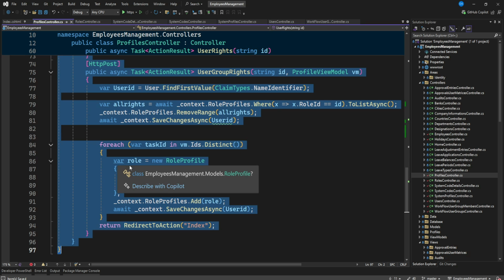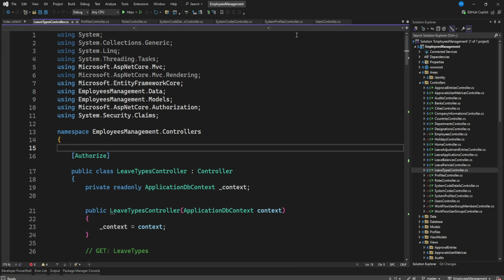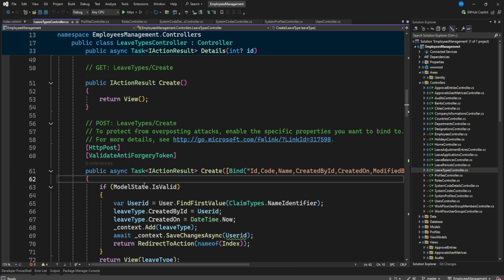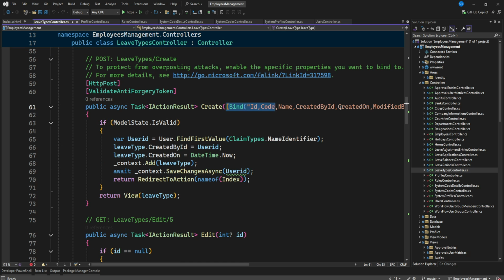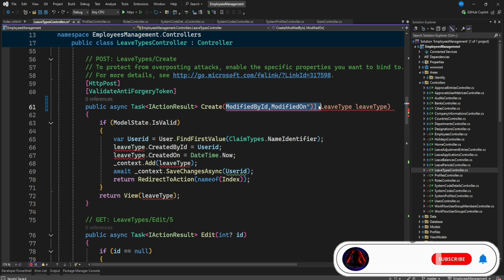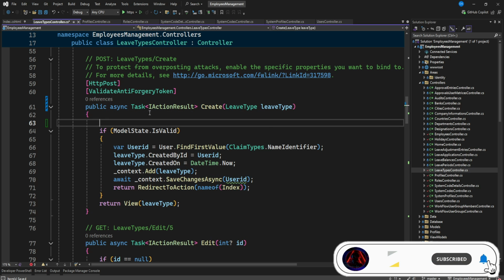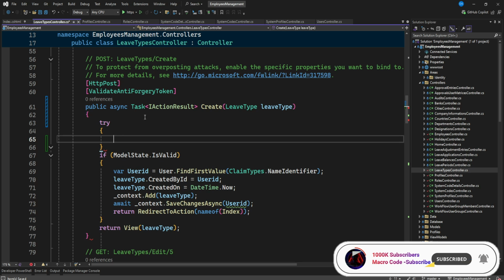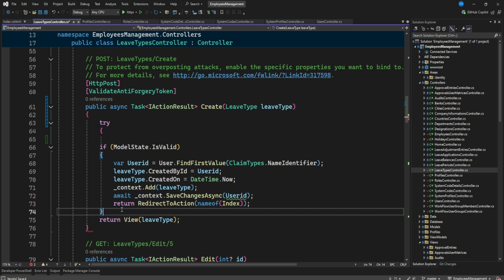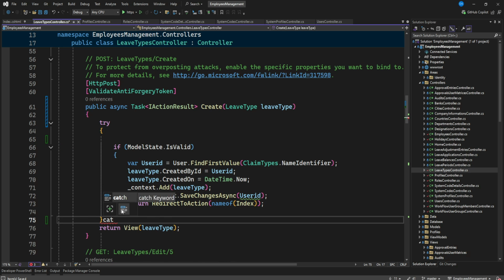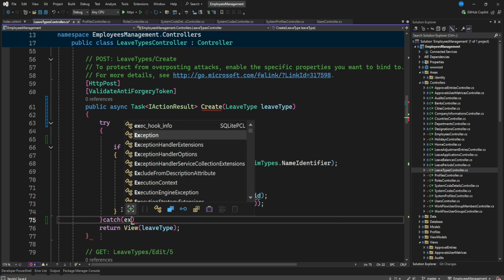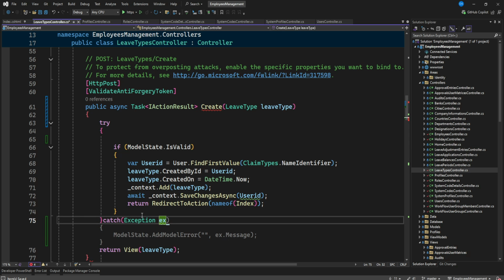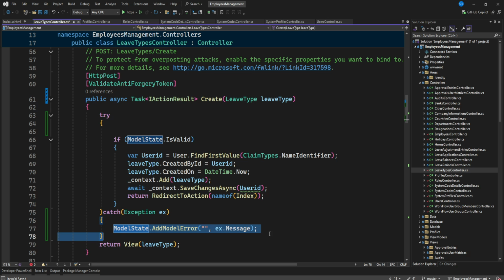So that's okay. If we go to leave types, we can also do the same for leave types. So I'll remove this binding here. Remove this as well. So sorry. So I'll also remove this. So I'll try here and actually close that. I can have these here, say catch. Can have my exceptions, can do exception, and here I can return